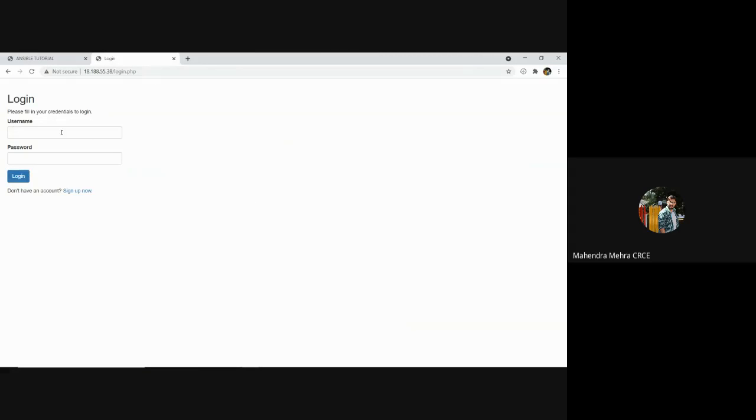Now currently there is no username and password in the database. So I'll sign up, create a user, password to it, submit. So user created. Now if I log in,